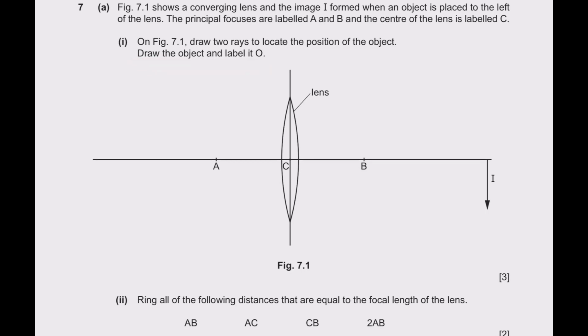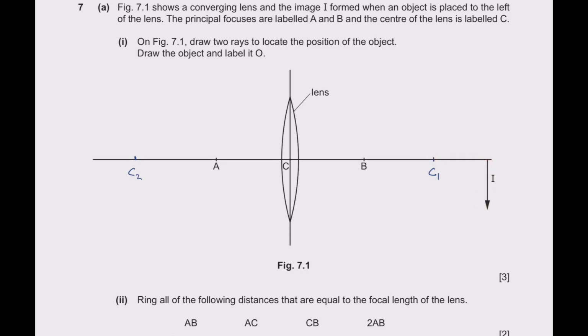I do not have a ruler with me, but you will have your ruler at the examination. You have to measure the distance between the optical center and the principal focus, and make the same distance for the center of curvature. So I am marking the center of curvature here, let us mark this as C1, and similarly C2 will be here. Now we can clearly mention that the image is forming beyond C1.